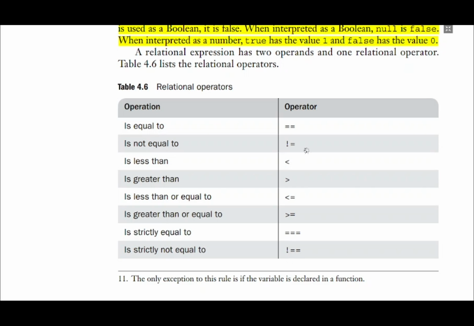The difference between is equal to and is strictly equal to is that in is equal to, if coercion results in a truthy, then that coercion is performed. But in is strictly equal to, there is 3 equality, coercion is not done. Whatever is given on the left hand and right side is directly taken and compared by value, and if they are equal, then only it will result in a truthy.